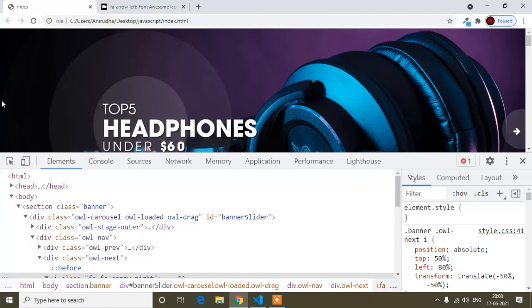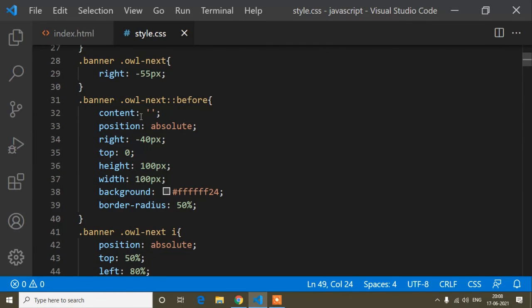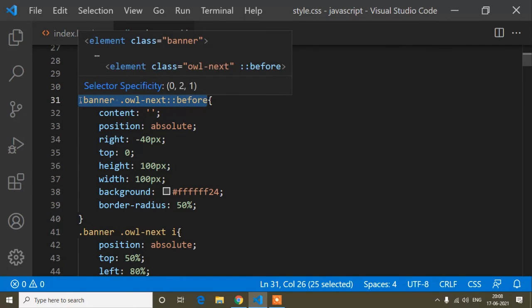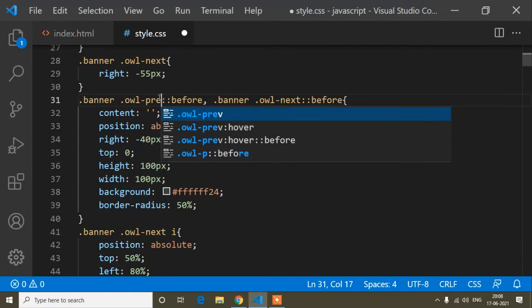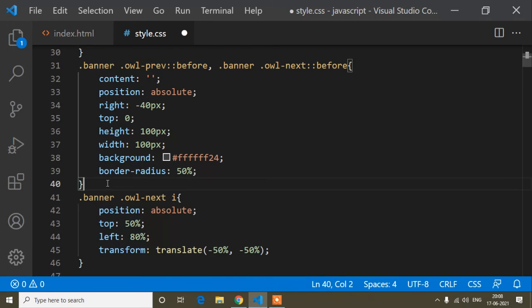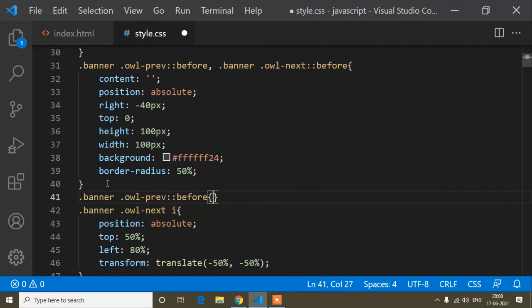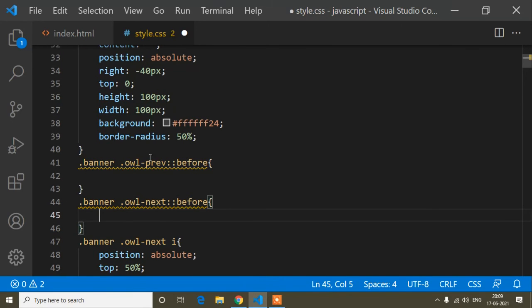So I will add the design for our previous button. So guys, the previous button here, this some CSS property will be same for previous button. So I will paste here and just I will add the comma, and this one I will write preview. So the CSS property, content, position, everything will be same, just write this position will be different. So I will do one thing now. For separately I will write this CSS property, this CSS property only. So here I will paste the before, and this one I will paste here like this, preview and next.